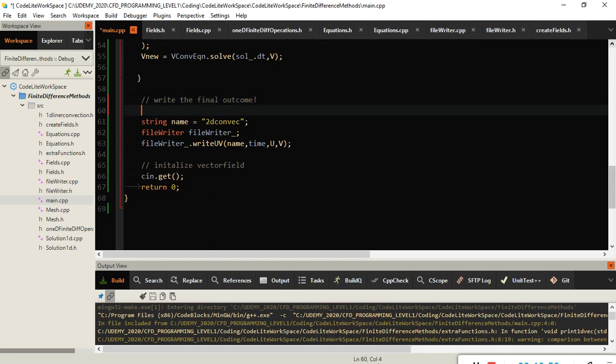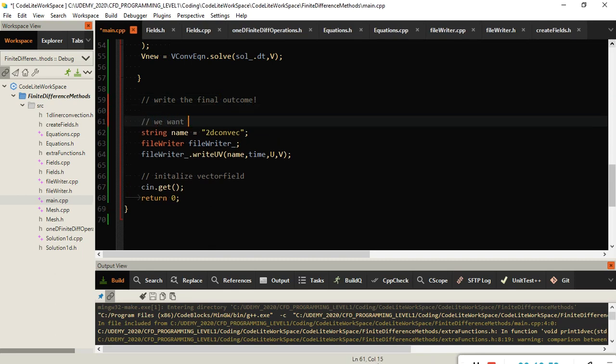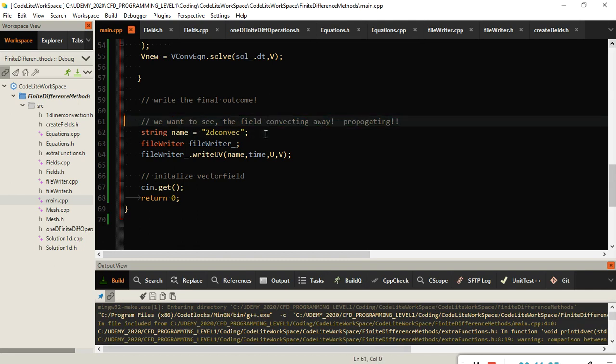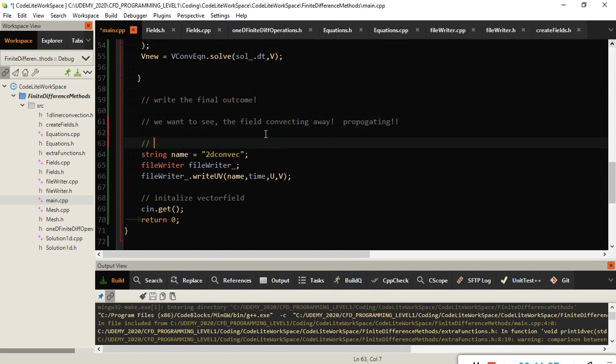But is that really what we want? No, we want to see the field convecting away or propagating. I don't know what is the right term to describe it, the exact correct word. Anyways, we want to see it move, convecting away, and we should be writing multiple files in order to do that. So there's something called modulus. So like, say for example,